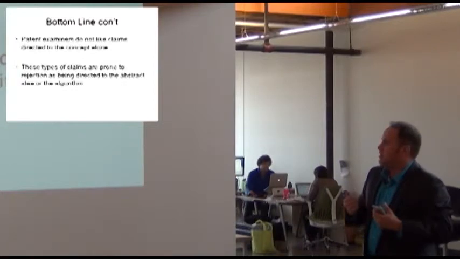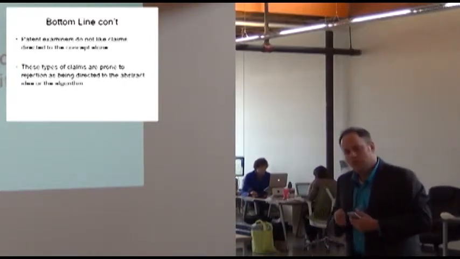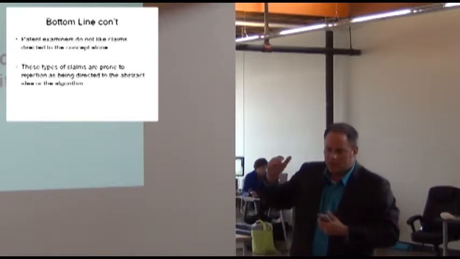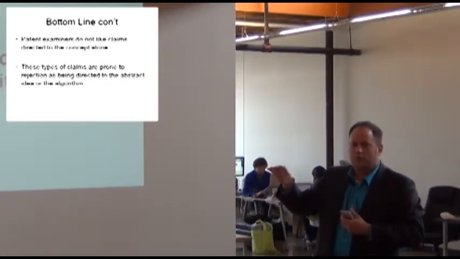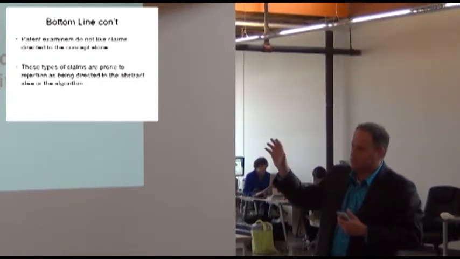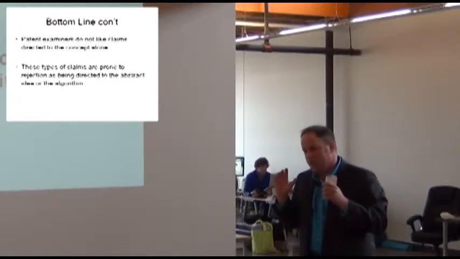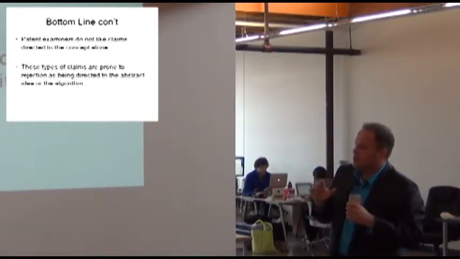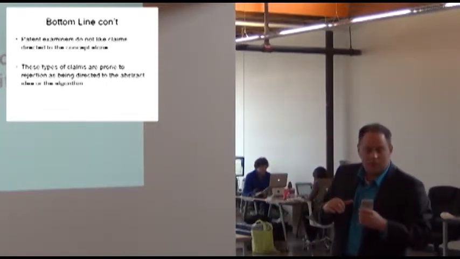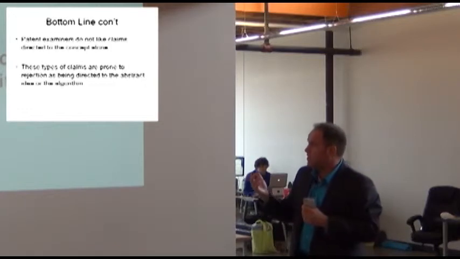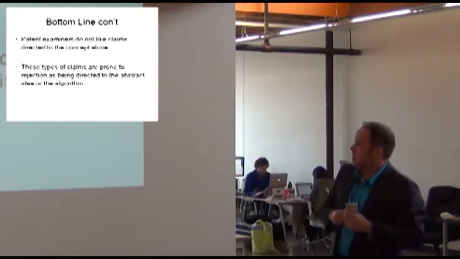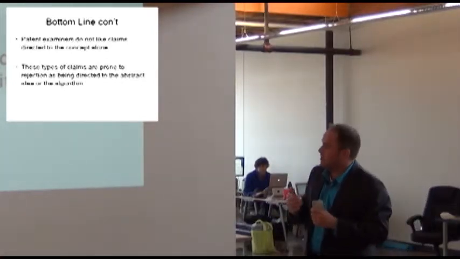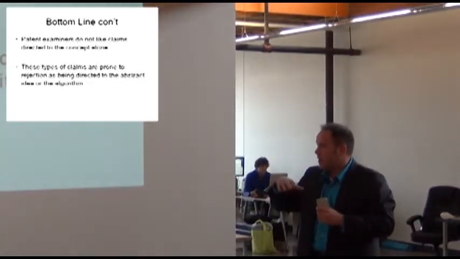Patent examiners do not like claims directed to the concept alone. When I talk about the concept, they don't like seeing that it's just a bunch of steps that could be performed by a human. What they're going to say is, no, this is a broad concept. You're trying to patent the concept that would be out there already. Therefore, you're not entitled to it. If you throw in a processor, then you can get to patent eligible subject matter, but then they'll have to look at anticipation or novelty, non-obviousness,